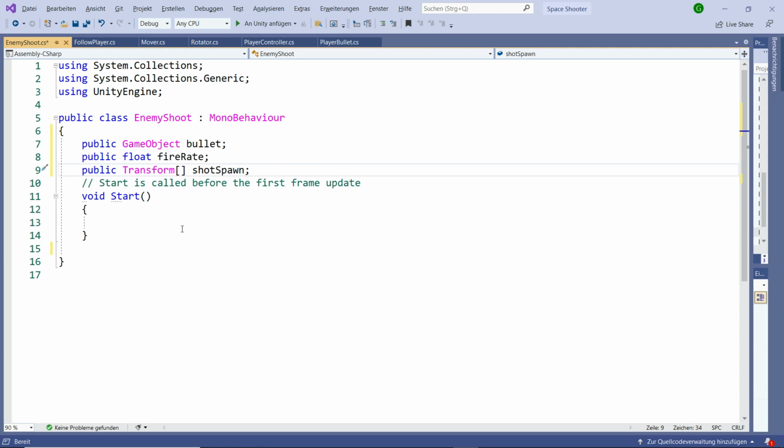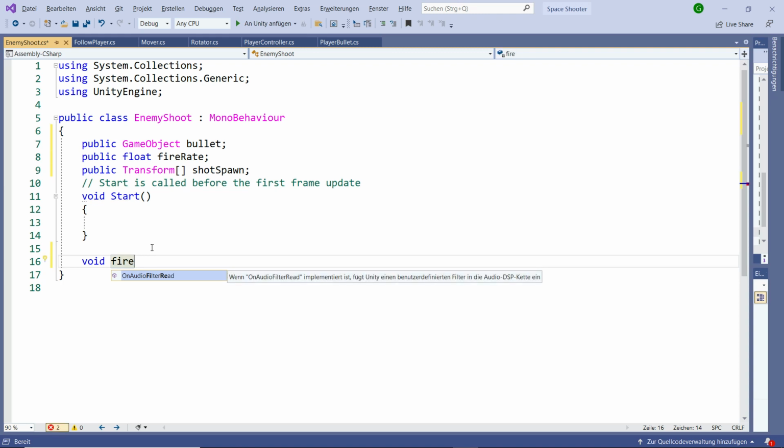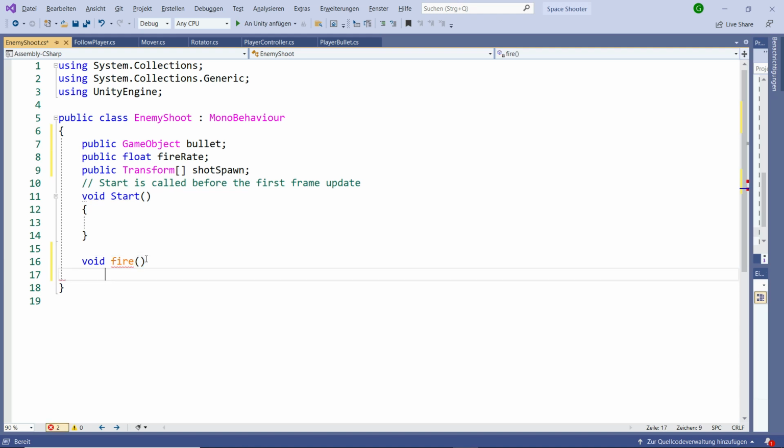So then we need, here I'm going to call void fire. Then we are going to loop through all of our transform positions, transform shot spawn. So for